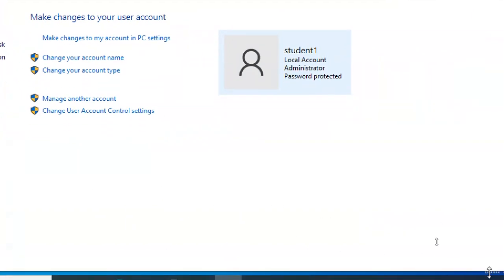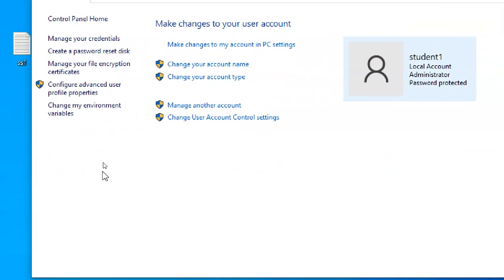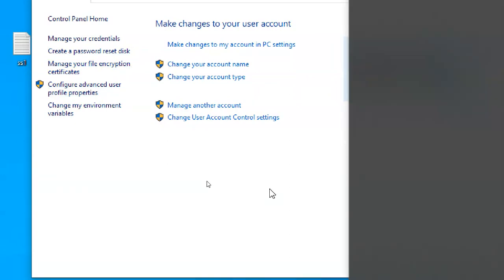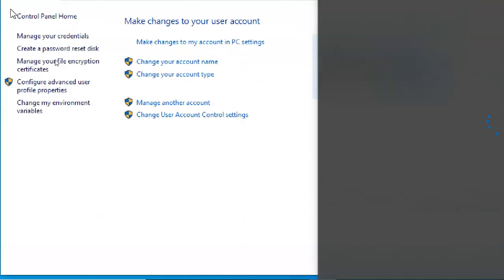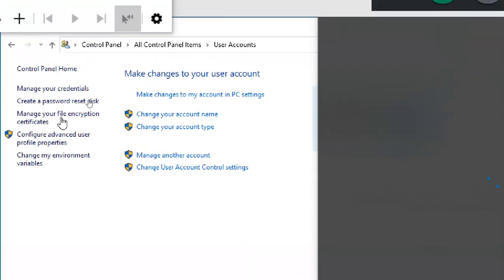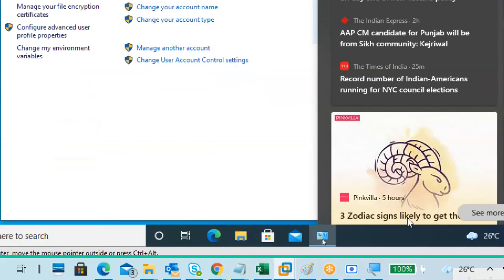You have to keep it in your floppy disk or maybe a pen drive. Floppy disks are not there now. So you can create your floppy disk and you can do it. Understand? Create a password reset disk. So it will create a file and then you can save the file in your pen drive, while you are logging in to your PC, if in case it is showing like